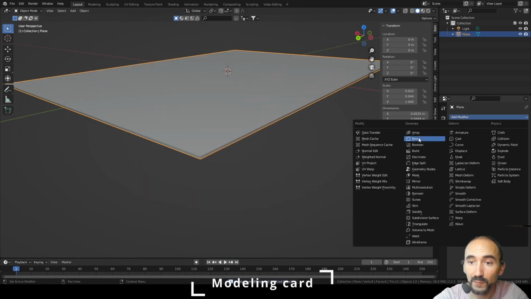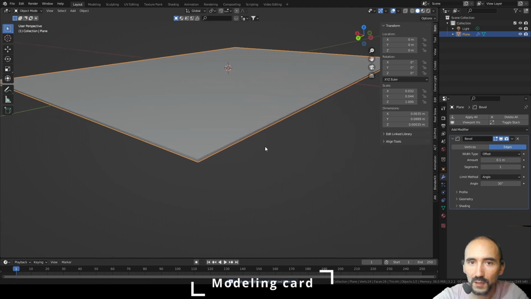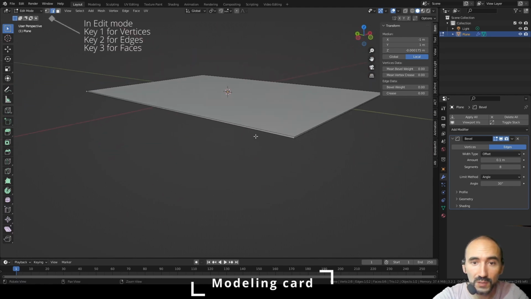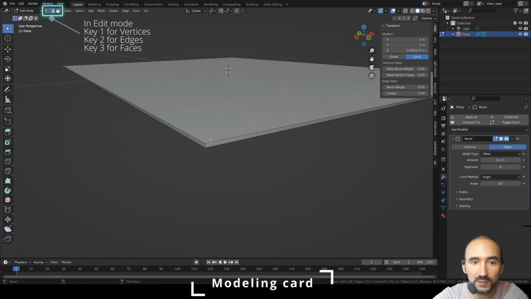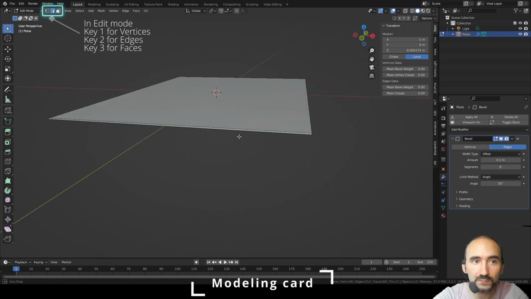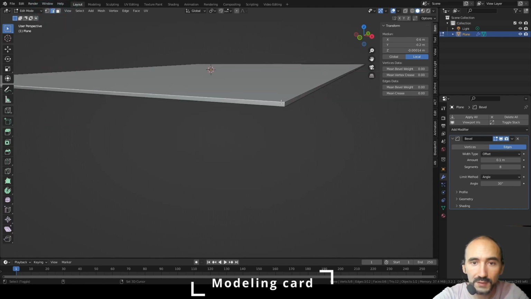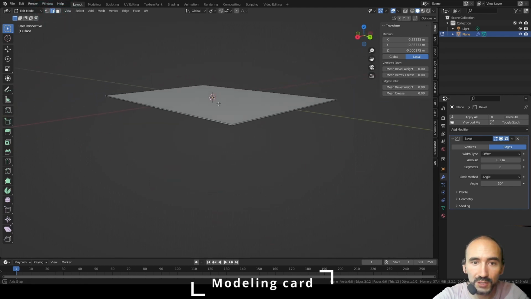Apply. I will bevel some edges of my geometry. To do this, you have to press Tab to enter edit mode of your geometry. Select the edges with the key 2 to enter edge selection, or in the top left. I select with Shift